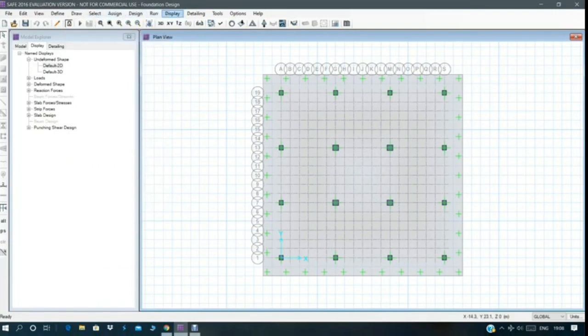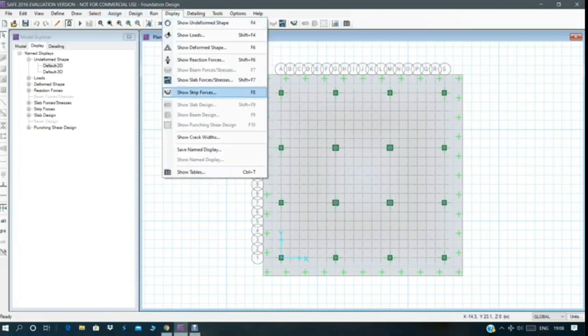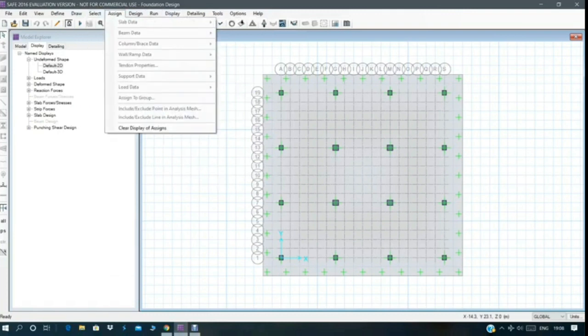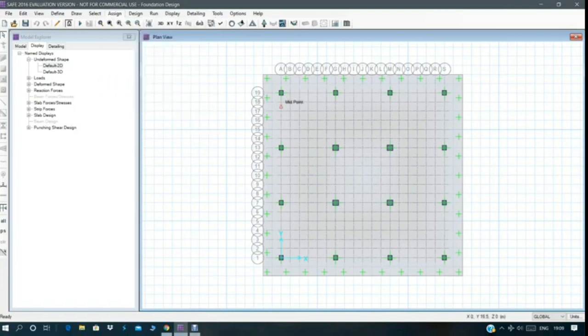After the footing has been drawn, we will be assigning the soil properties. As you can see on your screen, the soil properties and load data have been applied.